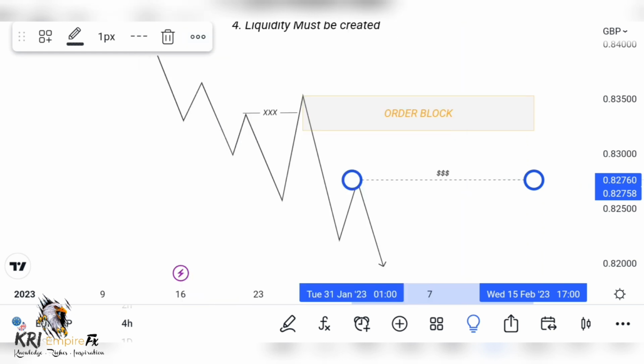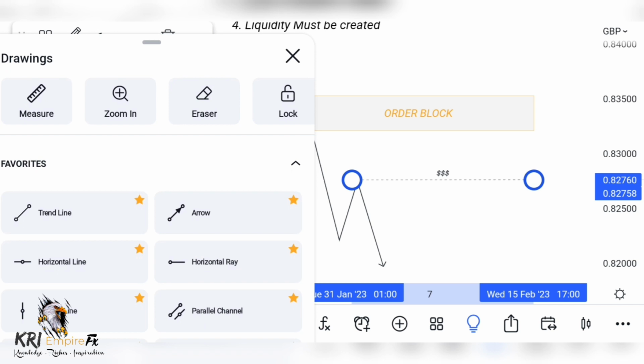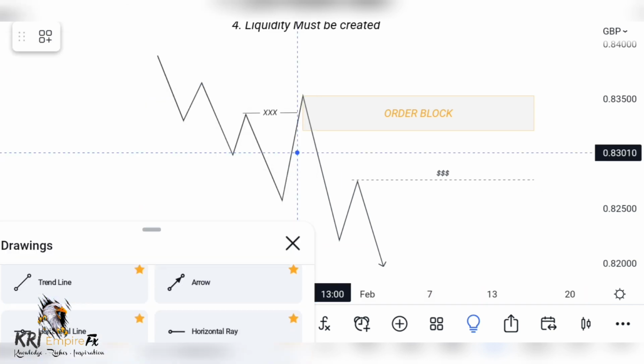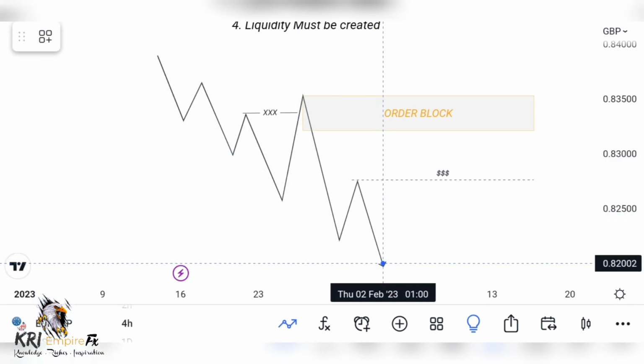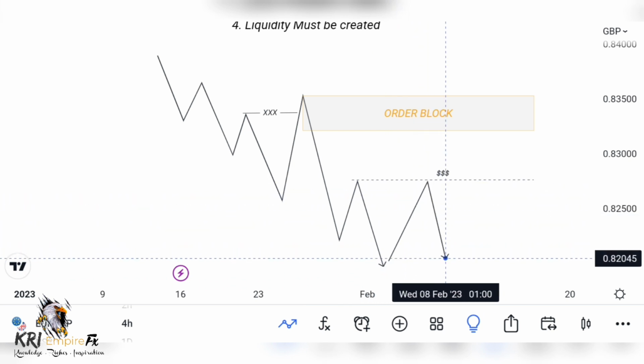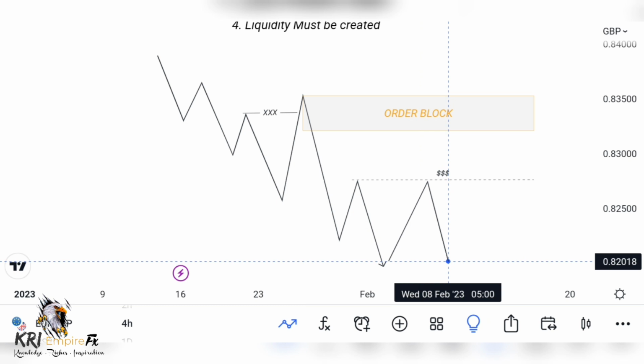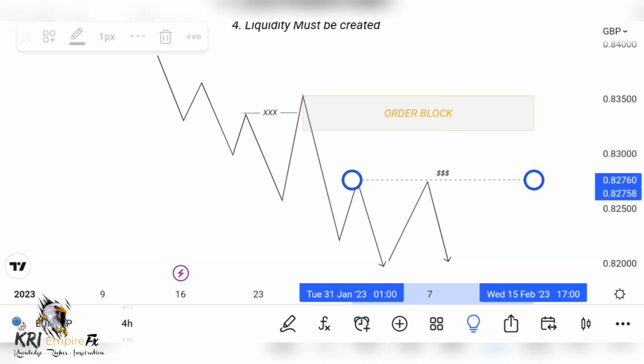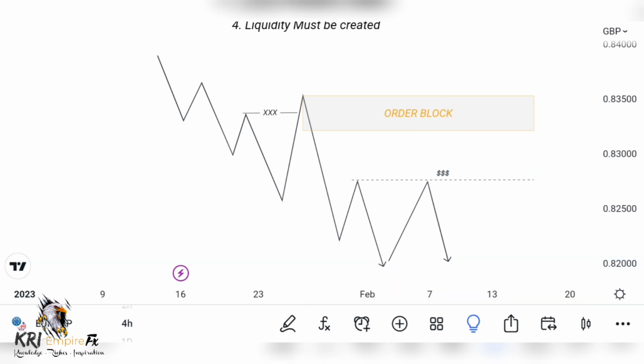And sometimes it might not be exactly like this. The market might try and do something like this, something like that, and create what most people call a double top or a triple top. Then after that,